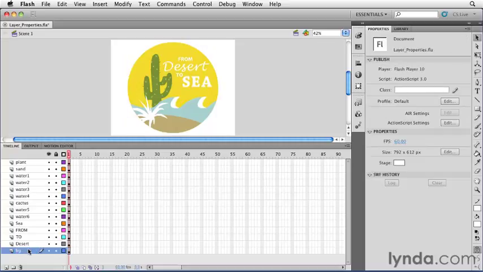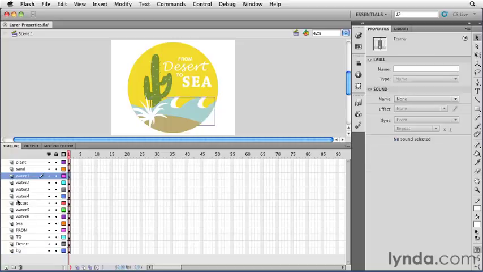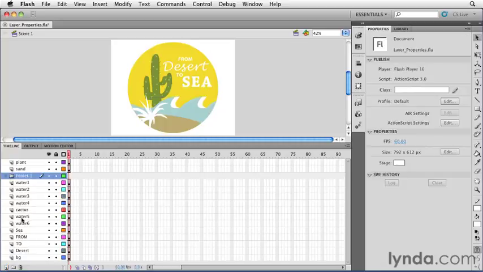Now let's say I wanted to organize all the water layers so I can kind of group them together. You can group layers into something called folders in Flash. So above the water 1 layer, I'll select the water 1 layer, and then I'll click the folder icon at the bottom left of the timeline to create a new folder. And now I can just drag these layers into that folder, and I have an organized place for all of my water elements. So before I do that, I'm going to double-click the folder name and change the name to